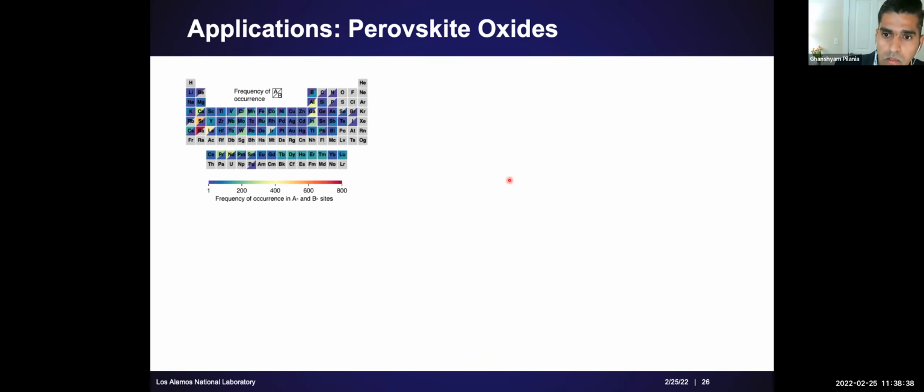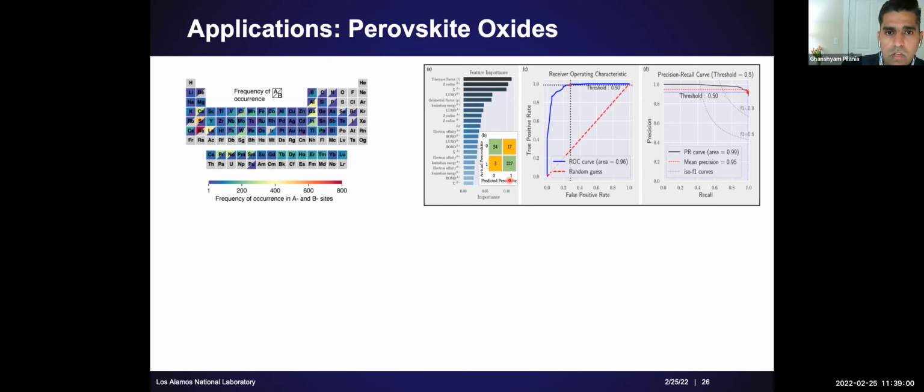And here are some details. Here we use a random forest machine learning model. An advantage of that model is that it also allows us to calculate the relative importance of different features. We see that the tolerance factor and octahedral factor, which have traditionally been used to address the stability and formability of perovskites, also jump out as important features. The accuracy of our machine learning model is 94%, while if you just use the octahedral and tolerance factor, you get somewhere around 85% or less.